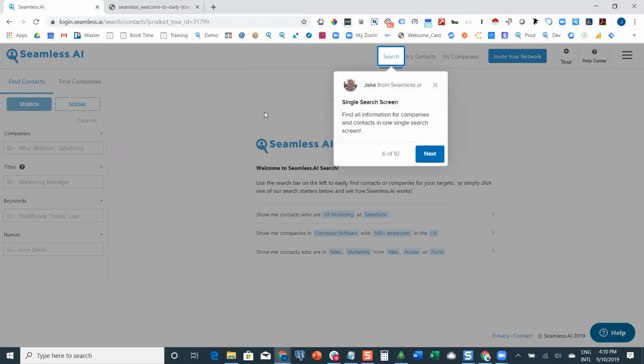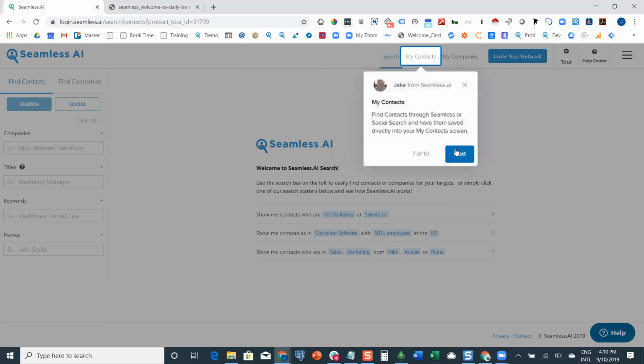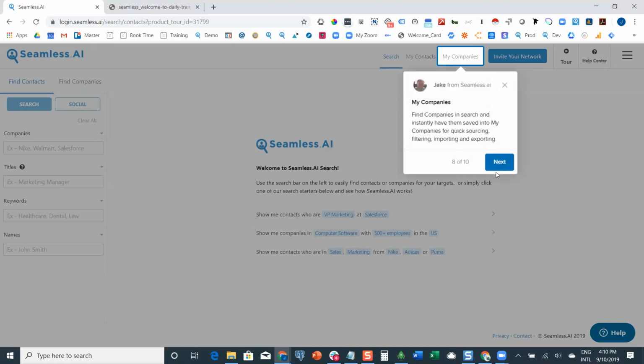We have our search results screen, which we're on right now, which we'll go over momentarily. And then anytime you click the Find button, which I'll show you, that will then add contacts into your My Contacts if you are finding a person or a contact. And if you click Find on a company, that will add them into your My Companies. So My Companies, My Contacts are essentially a database of contacts that you have that will simply grow and grow and grow as you add contacts and you add companies by clicking that blue Find button,